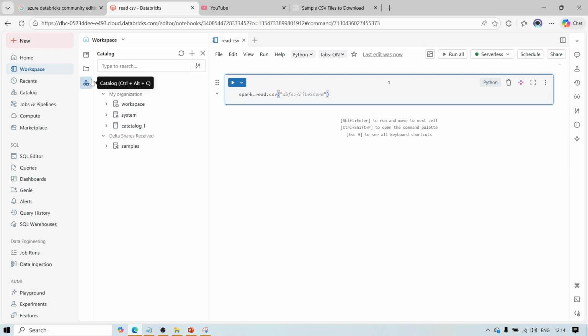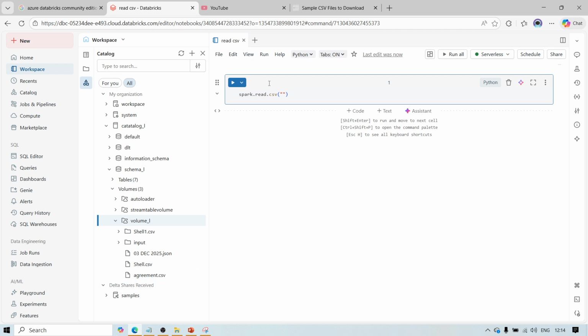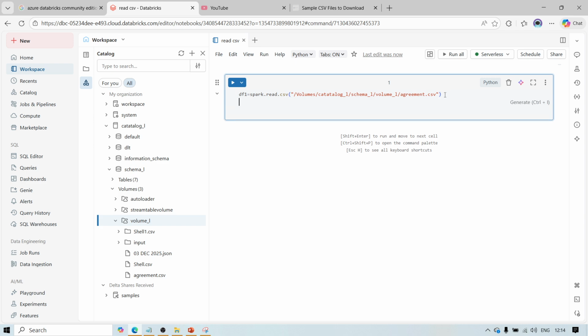So again, go to the catalog, and go to this catalog. Our schema name is the schema, then volumes, then the volume, and here is our file. Just copy the volume path from here and paste it here. Whatever we have read, I want to store into df1. And now I call df1.printSchema,